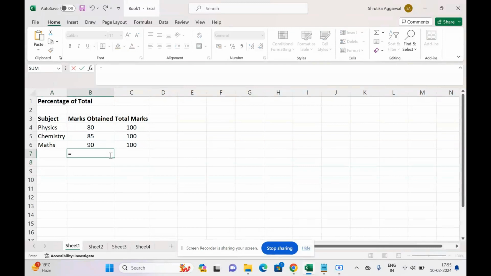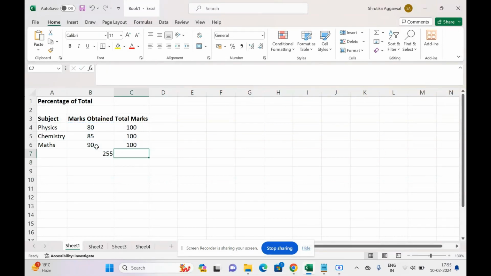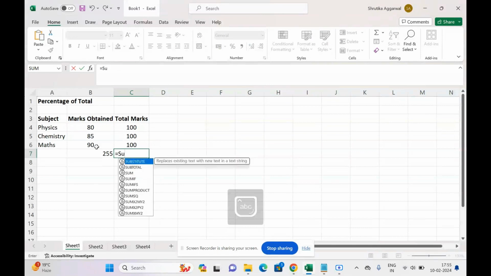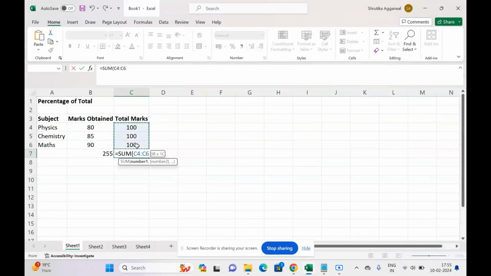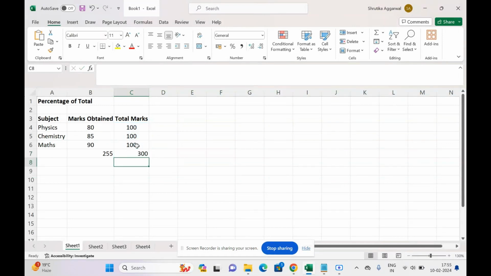So I come here, I say is equal to sum of these cells, hit enter, again sum of total marks and hit enter. Now I have got the total marks obtained, which is 255, and the total marks, that is the overall total,